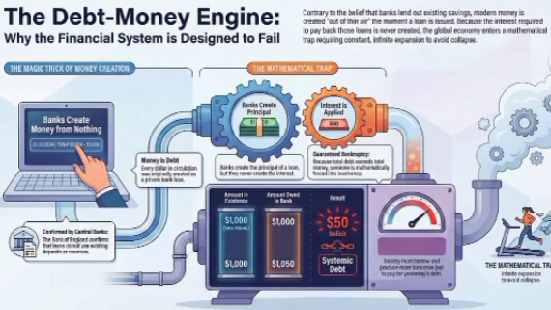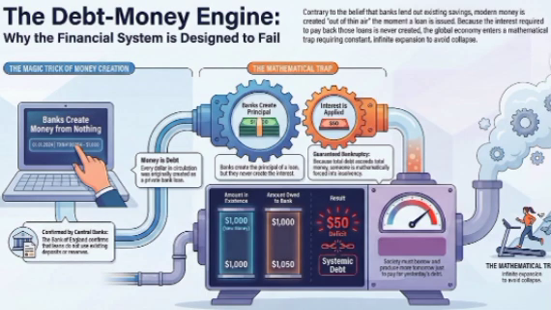The bank generates the principal of the loan through a ledger entry, but it doesn't do this as a public service. No, they're not charities. They issue that credit as debt, and that debt comes with conditions. Here's where it gets really interesting. Let's pivot to the concept of interest. I want to actually think through the mechanics of this on air using a specific micro example from the text. Okay, let's walk through it.